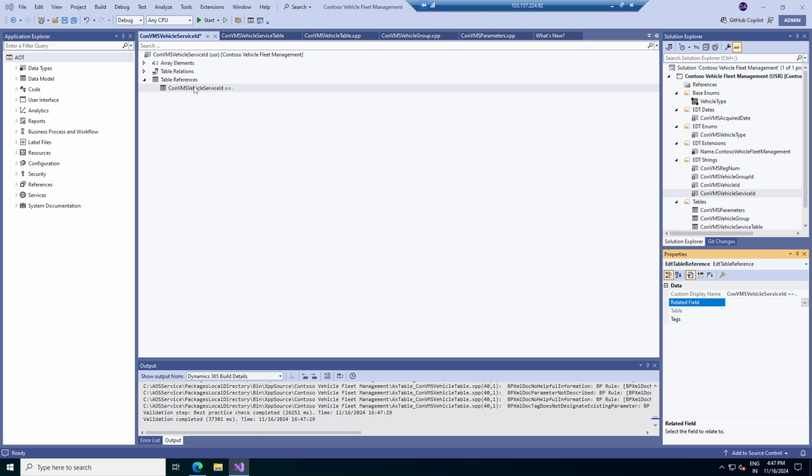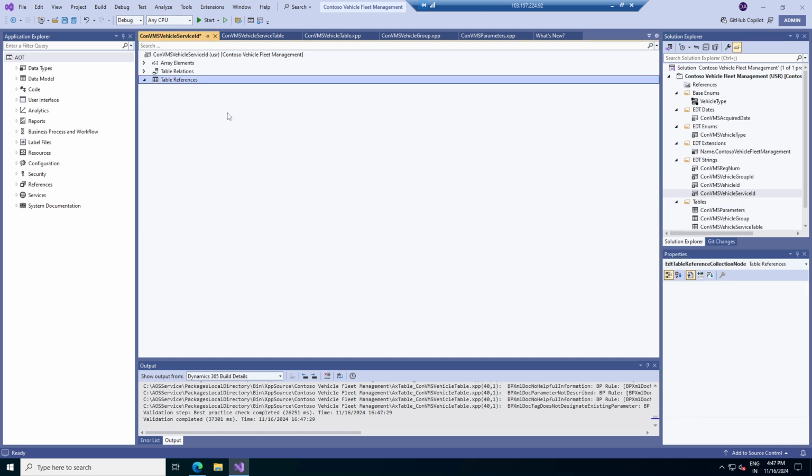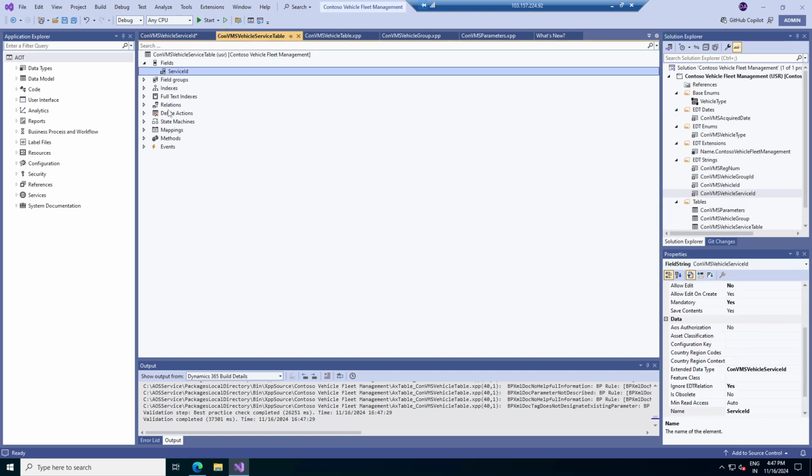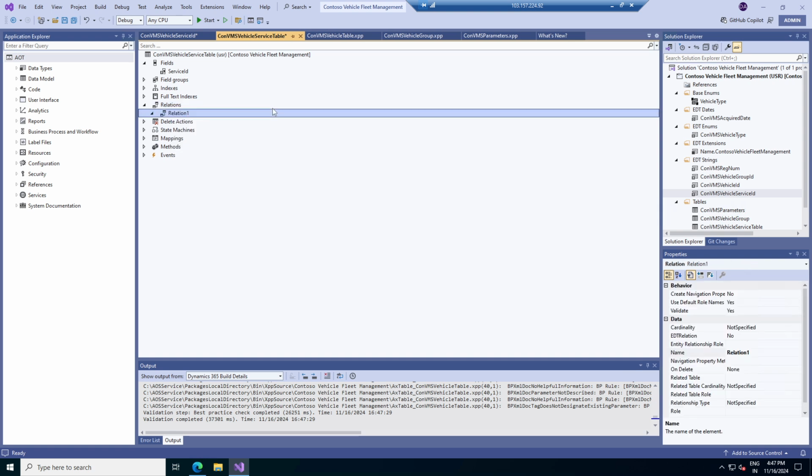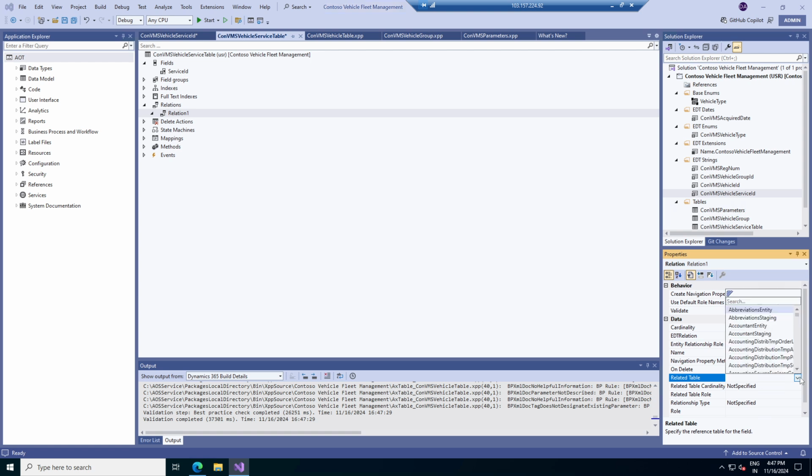Firstly we should define the table. So let's go to the relationship, the normal relationship we want to prepare. Let's go ahead, create the relationship, and the related table will be